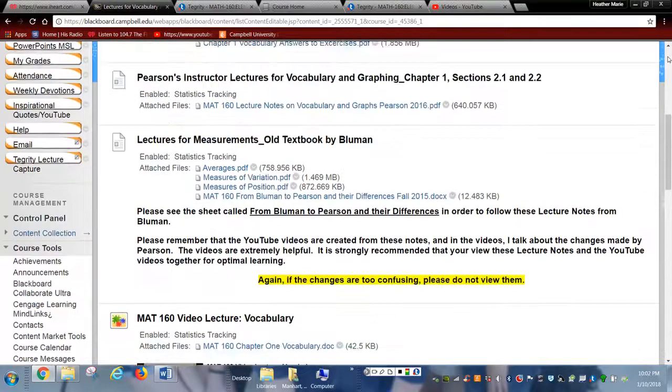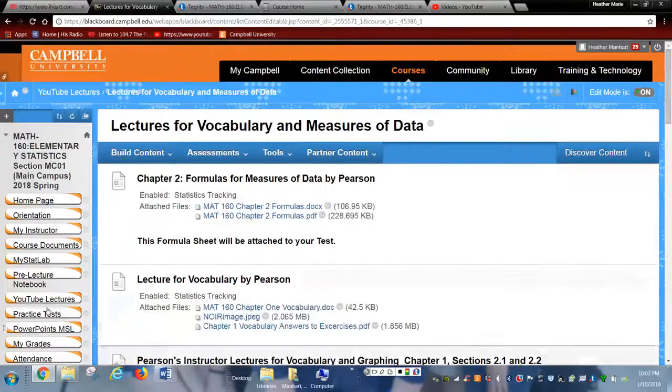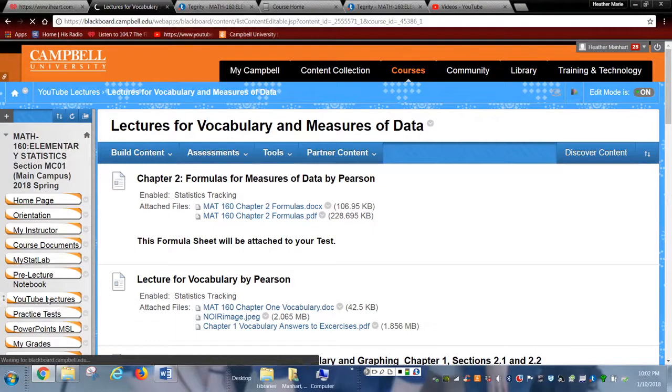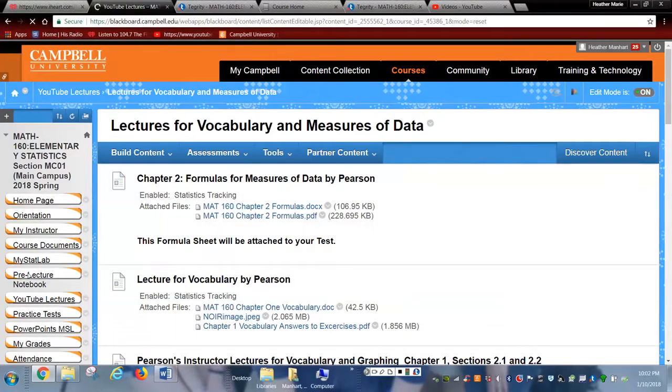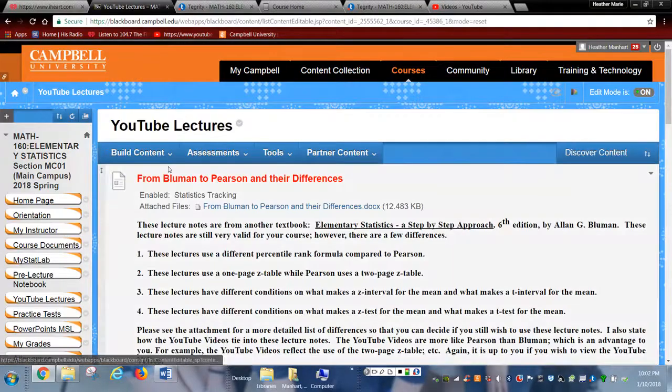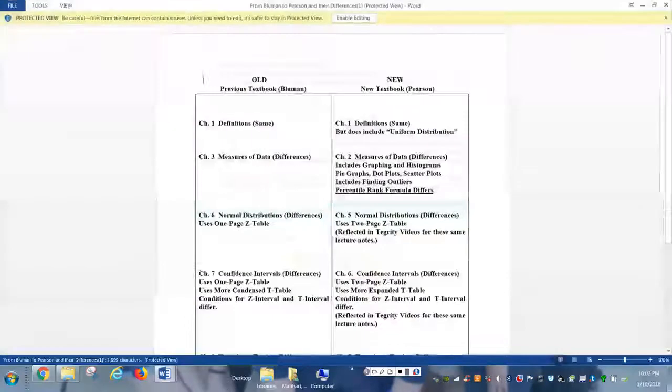If you're not watching the video, I strongly recommend that you pay attention to the changes just by viewing the document, how they make subtle changes.